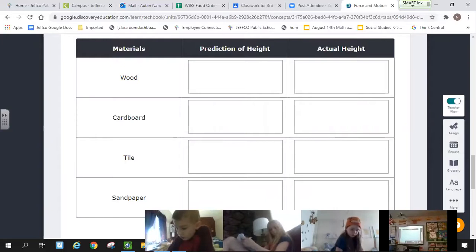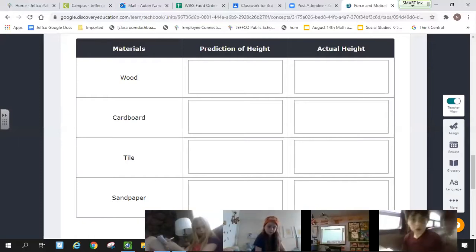And I brought some other things too, but we're gonna just make sure we get through that. And then you can put a P for prediction if you want, and an A for actual. So you're kind of writing your own little double T chart. It's kind of the same as we did earlier with our forces. And then we're gonna actually do a little experiment.